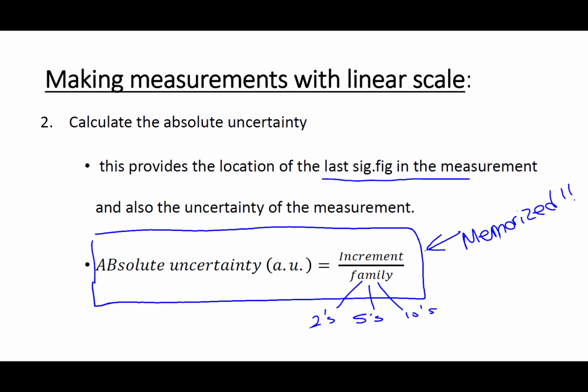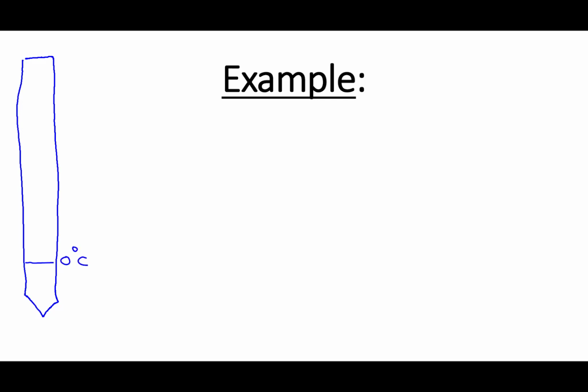All right. Now, let's do a couple of examples so that you will know what I mean by absolute uncertainty calculations, increments, family, and all of that. Okay? Let's do this example. Assume this is a thermometer, and it starts from, let's say, 0 degrees Celsius. Then we go to 10, and then it goes to 20, and it goes to 30. Okay? And then the increments